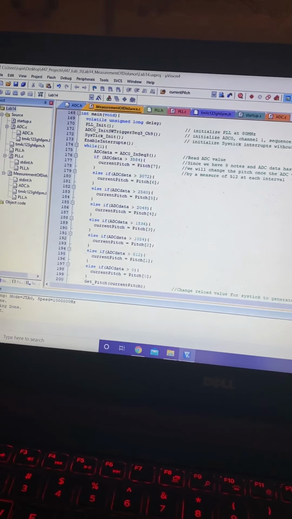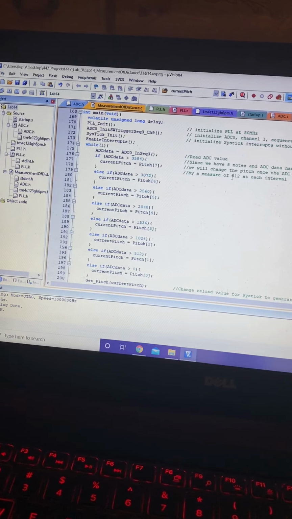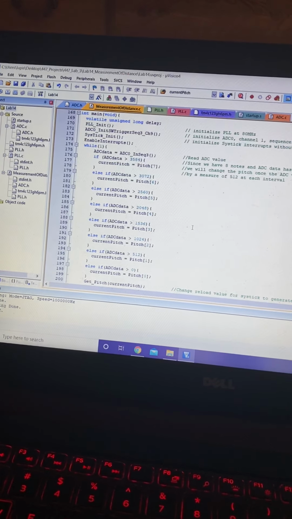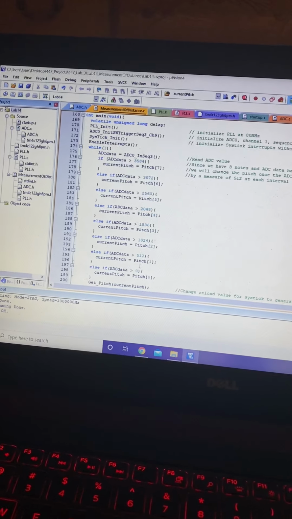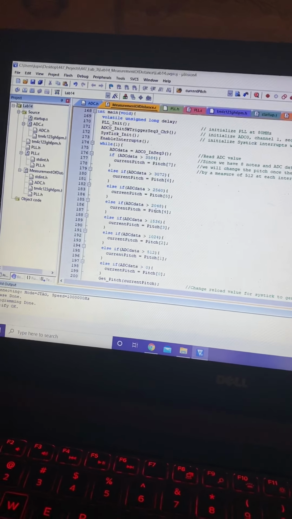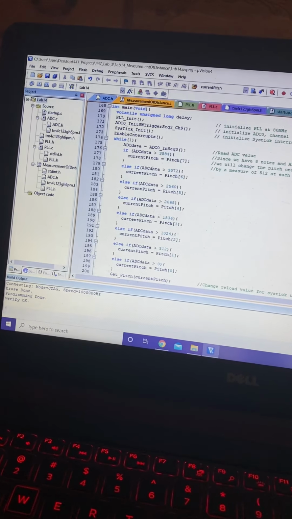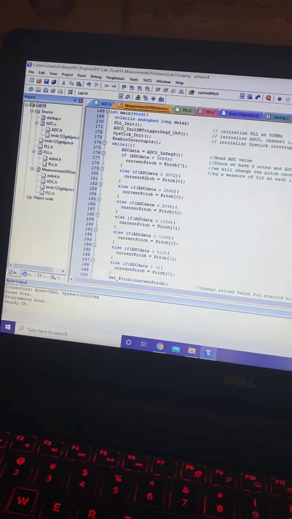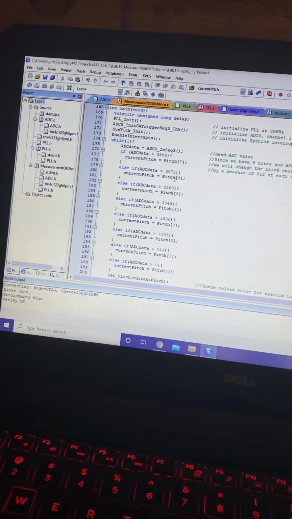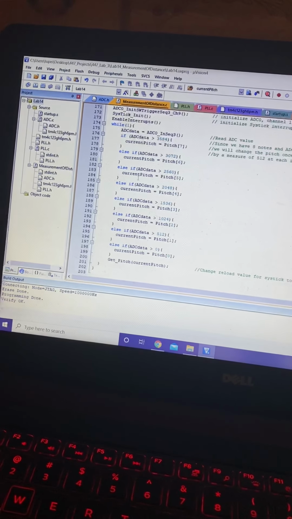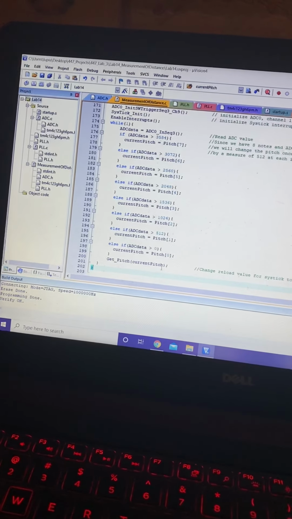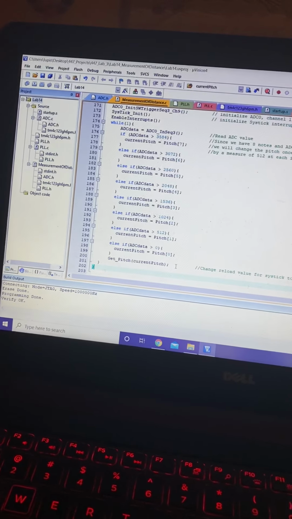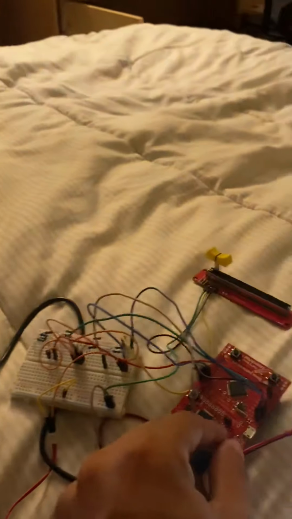So then I divided that value by 8, giving us 512. So starting from 0, 512 going up every single time, it will change the pitch depending on how much the potentiometer has moved. And we're going to store that pitch array into the current pitch that we need, and then change the reload value for our SysTick down here. And as to get on to the demo here,